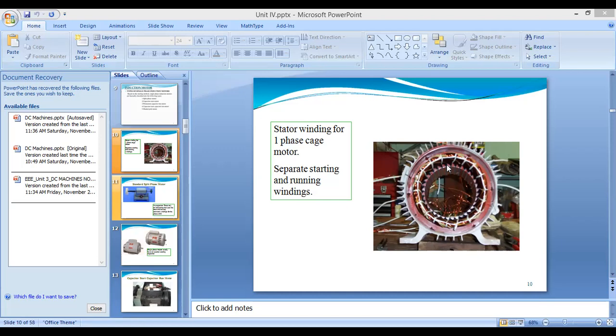So here we are supposed to maintain that heat. We are supposed to reduce that heat. So we will require the air gap for the cooling purpose. Here we can say there is an air gap between the stator and the rotor. When we give the power supply, due to induction, that energy will transfer from stator to the rotor. And the generated torque